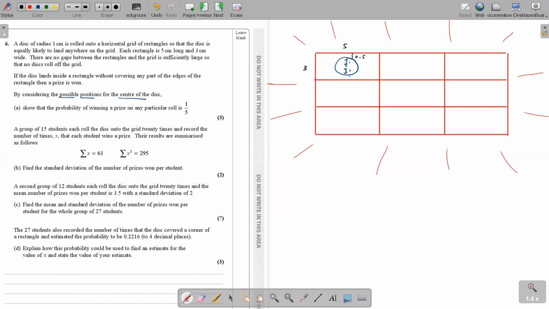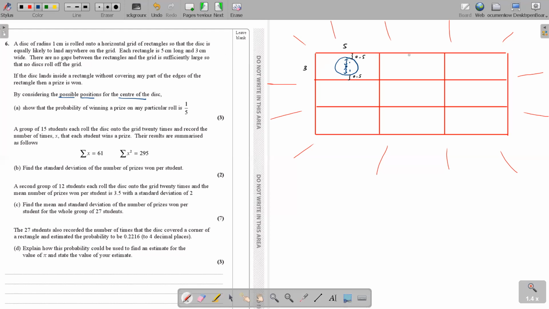Yeah. Right. I'm just saying there's a half centimeter on each side. Now from the center, if you consider the center of the disc, I'm just considering the center of the rectangle. I'm thinking the disc is exactly in the middle of the rectangle, and then I can tolerate it going until it touches over here.